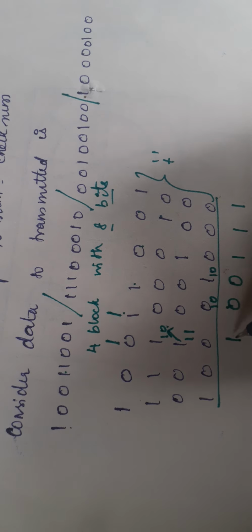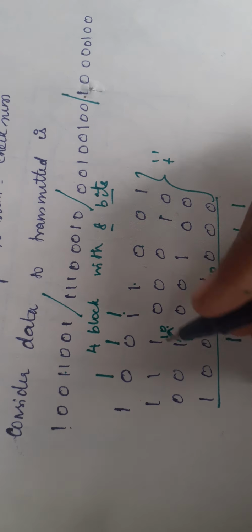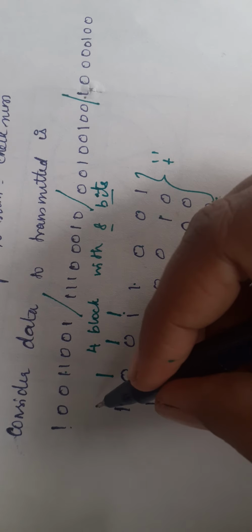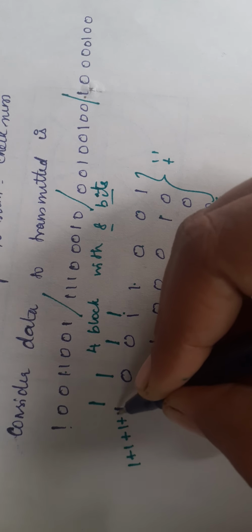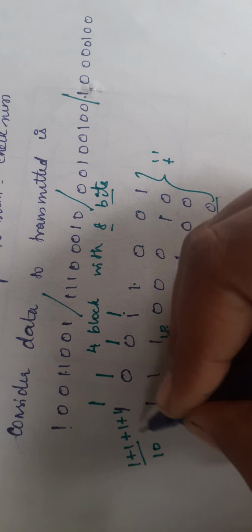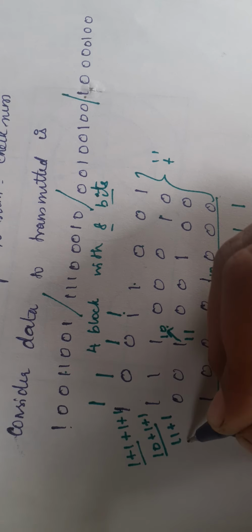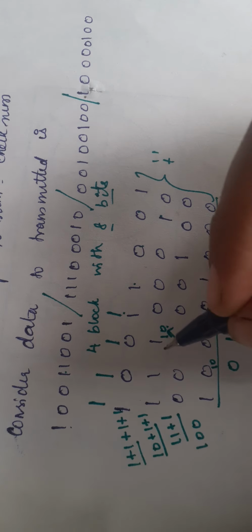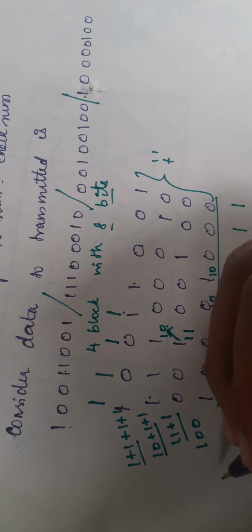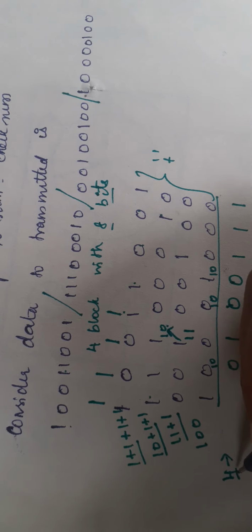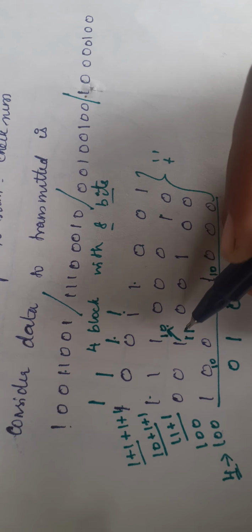So I am bringing 1 here and carrying to the other side. So 1 plus 1, it is 1 0. So having 0 and keeping carry 1 here. So I am having 4 ones here. So 1 plus 1 plus 1 plus 1: 1 plus 1 is 1 0, plus 1 is 1 1, 1 1 plus 1 is equal to 1 0 0. Or else, here we are having 4 ones, 1, 2, 3, 4. So the equivalent binary digit of 4 is 1 0 0. So if you are considering here, 1, 2, 3 ones you are having.